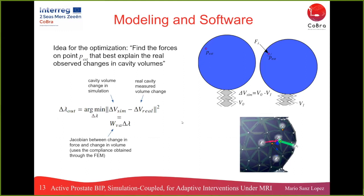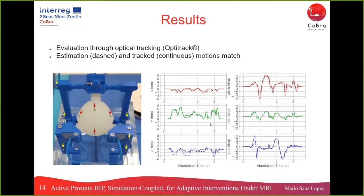So the main idea behind it is to find the forces that are involved in the environment, an environment that we have decided, and in this case it's just a single point that is pressing on the prostate. That explains best the change of pressures that have been seen in the cavities around the prostate. So this generates a Jacobian matrix that can be input to the system,